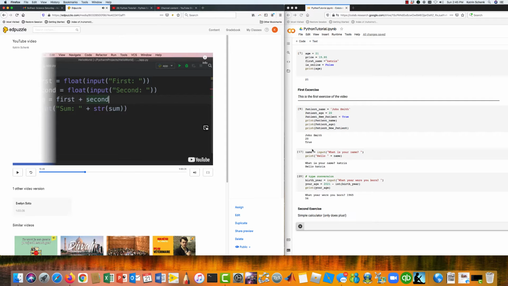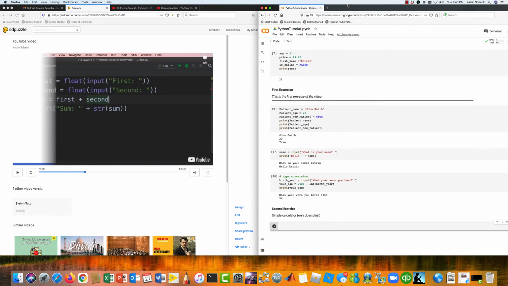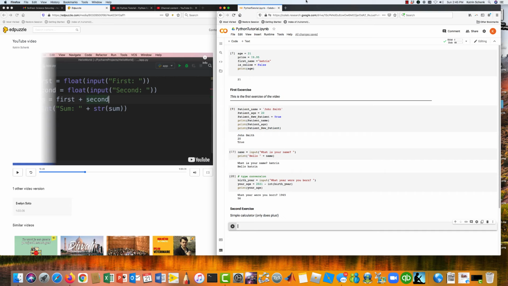Okay, so he went through a lot of that very fast, but I need you to make sure that you understand all of that. A lot of this is probably new to you if you've never done coding before, thinking about variables and what types they are, okay? So we have to be careful, like we had in this example, because when you have the input function, it inputs things as strings. So when I typed 1965 for what year I was born, it put that into a string